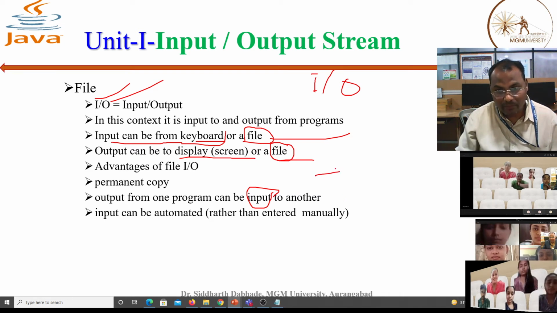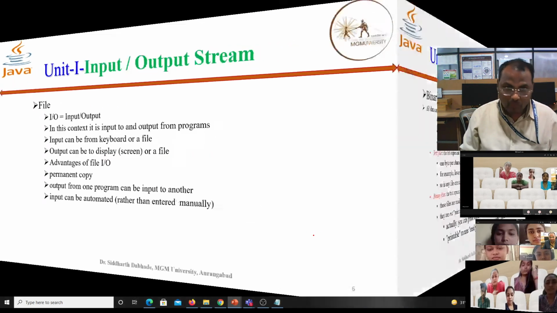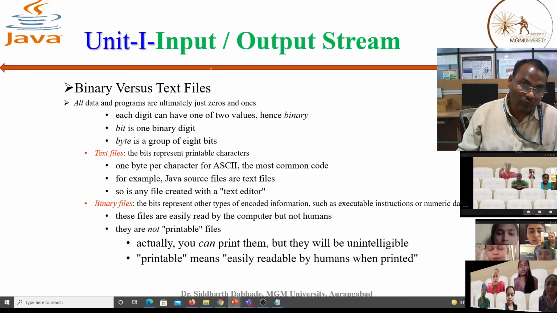One time it becomes input, and after some time the same file may become an output file. Input can be automated rather than entirely manual.